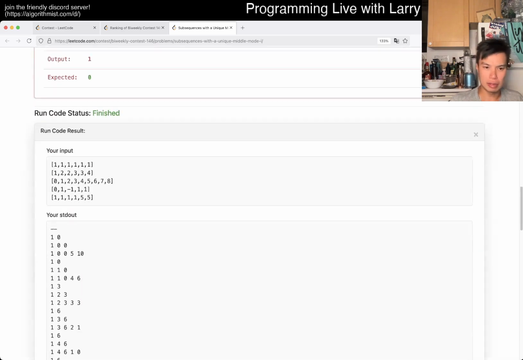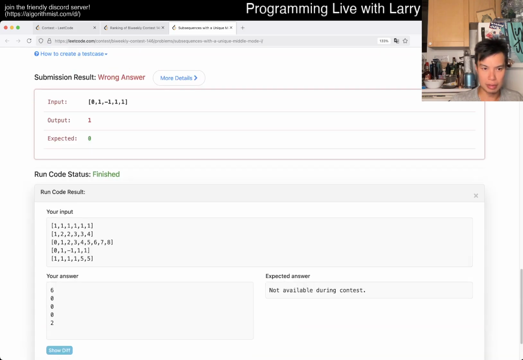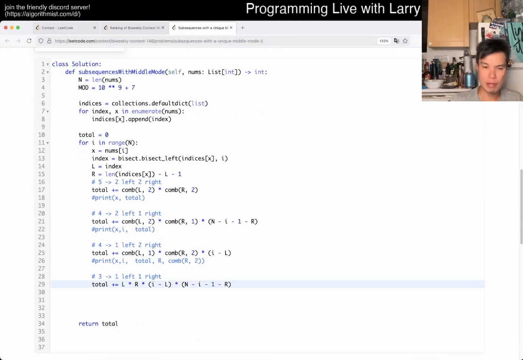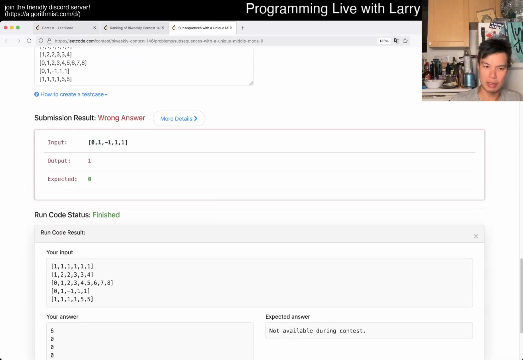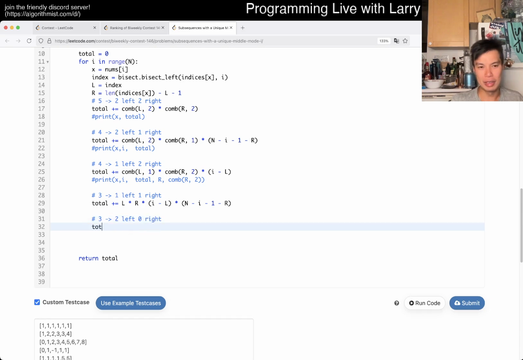How do I not double count? Do I double count? Oh, because these will be 0. That's why. Okay, that's fine then. Larry, you're so smart. No, I'm just kidding. But okay, and then now just 2 left. So this is going to times everything on the right. So comp